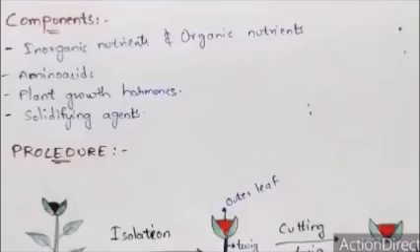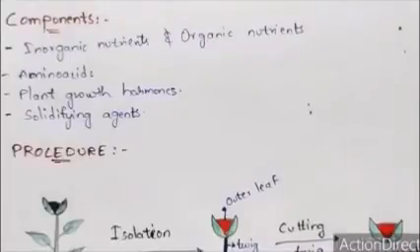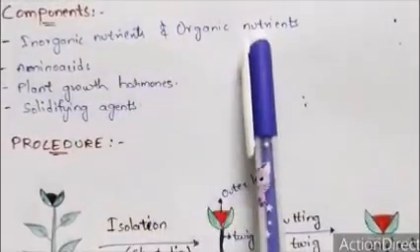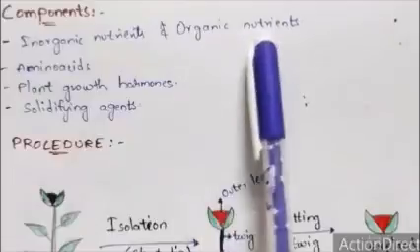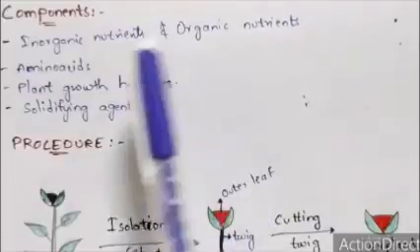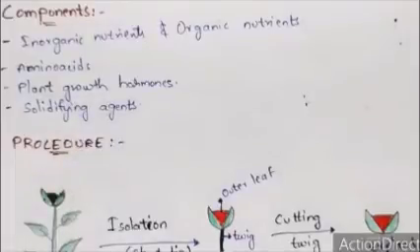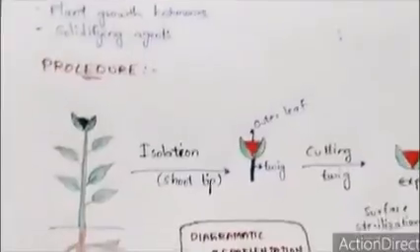Now let us see the components which are mainly used for this meristematic culture. Inorganic nutrients are used, organic nutrients are used, and make sure that these organic nutrients are rich in vitamins. Amino acids, plant growth hormones, and a solidifying agent like agar. All of these are the important components used in this procedure or protocol of plant tissue culture. Now let us see the diagrammatic representation, and for your practical purpose